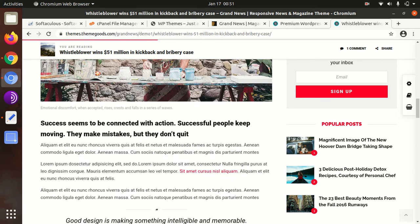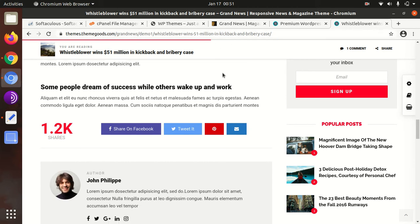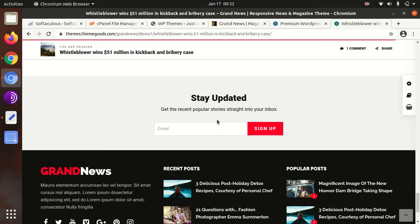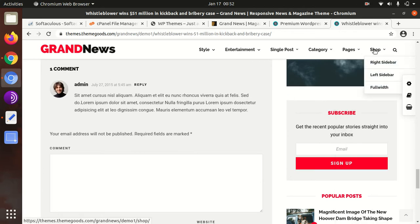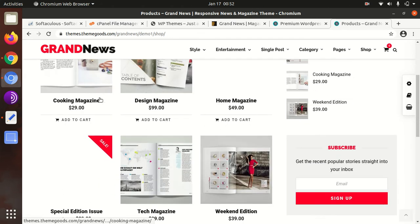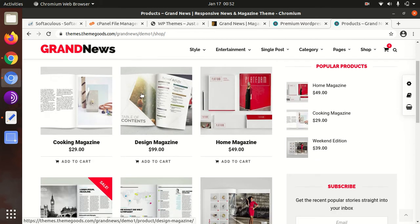As I am moving down the page, this progress bar shows how much of the page has been loaded and up to what extent. And this theme has a shop option as well. If you are planning to sell some items with the blog, this theme will be a great choice for you,